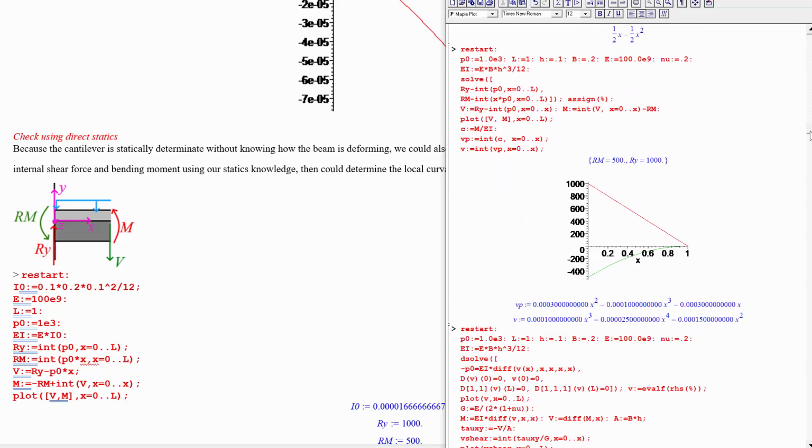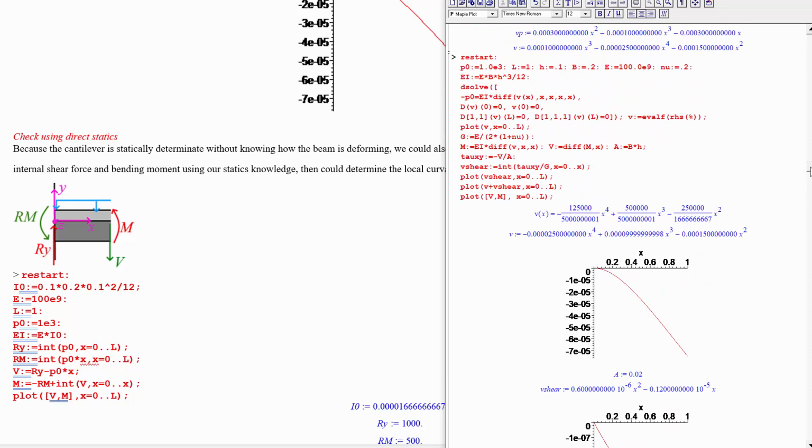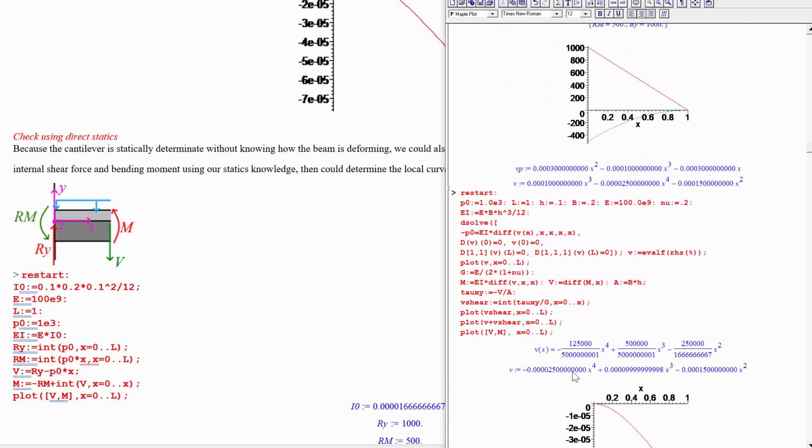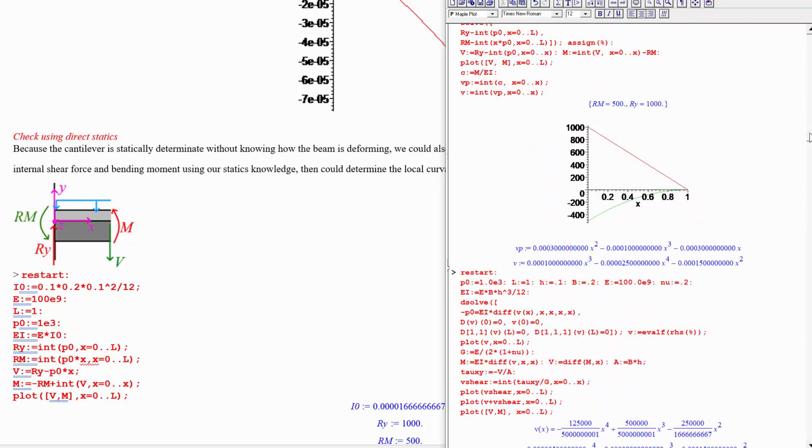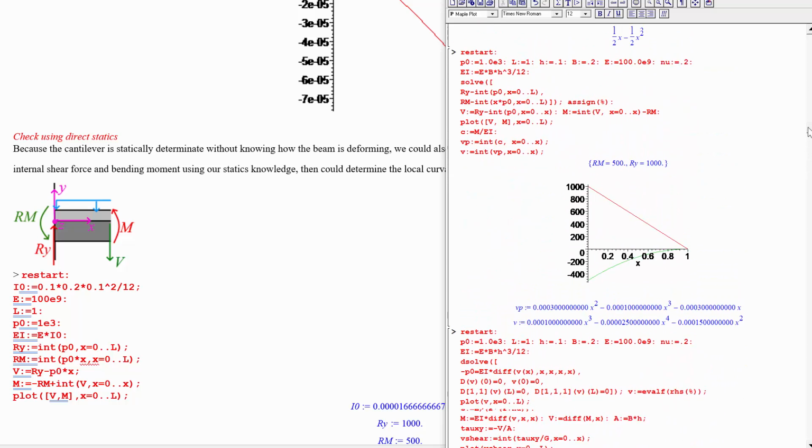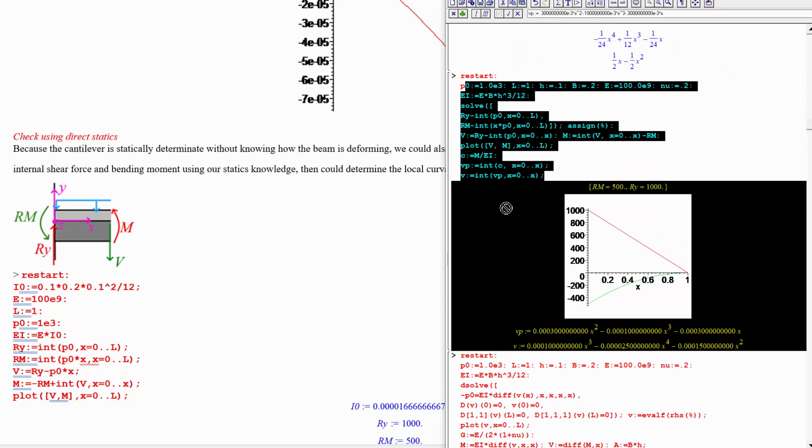So let's see, did we output that down here for this other version? Oh wait, it's just ordered differently. So we've got the same term there for the x to the 4, and 1e minus 4 times x cubed, yep, and 1.5e minus 4 times x squared. All right, so we have the same displacement function solved using our old statics methods